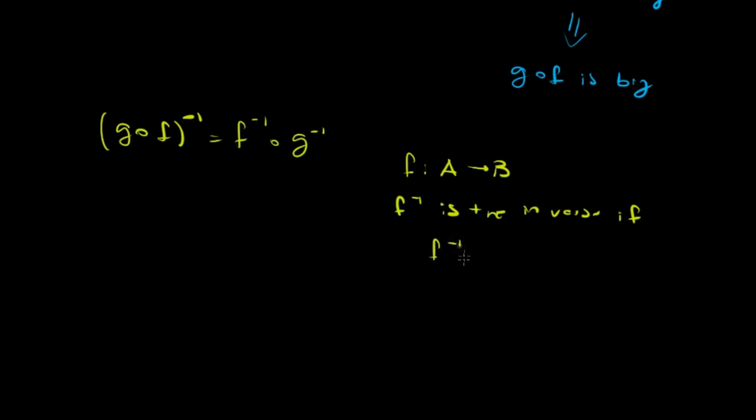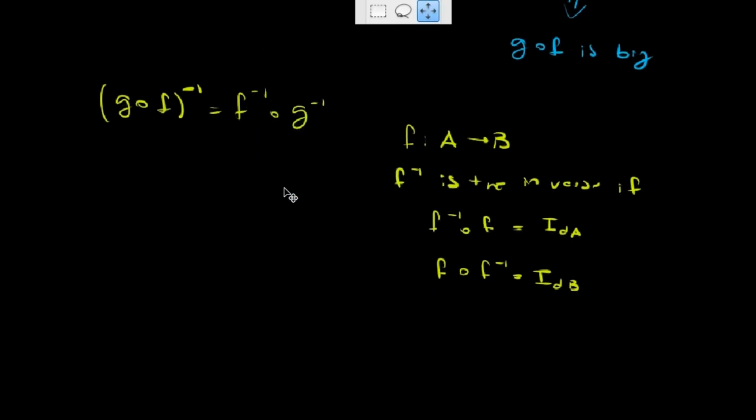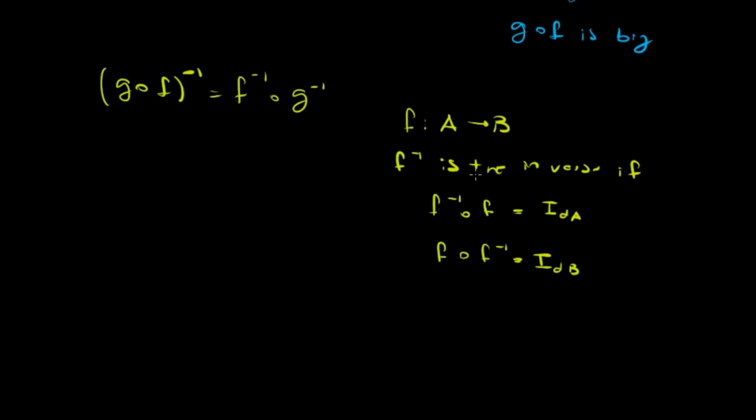F inverse composed with F gives me the identity in A, and F composed with F inverse gives me the identity in B. So what we would like to prove here is the same, only F is now all this composition. So first I'm going to write